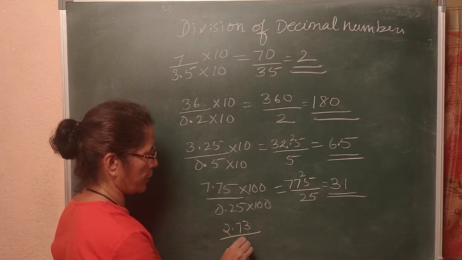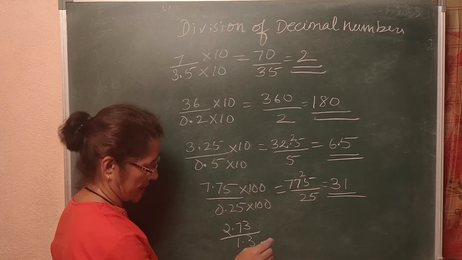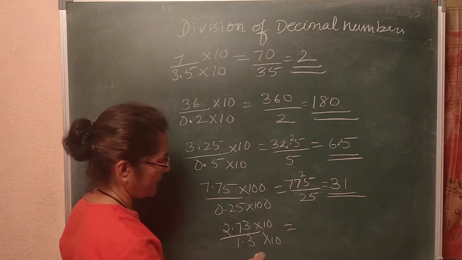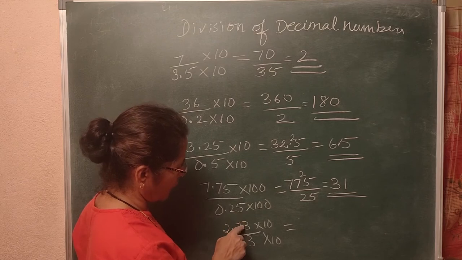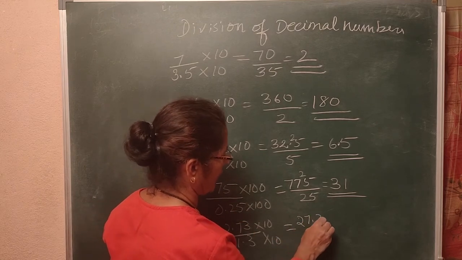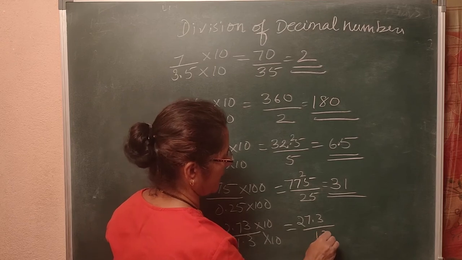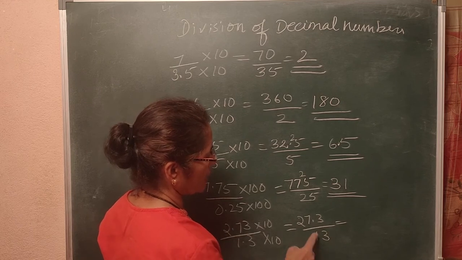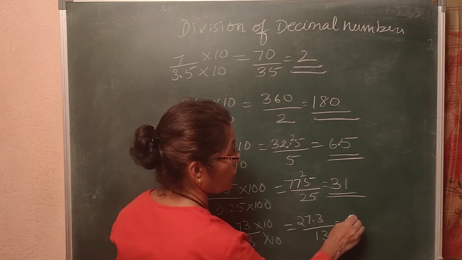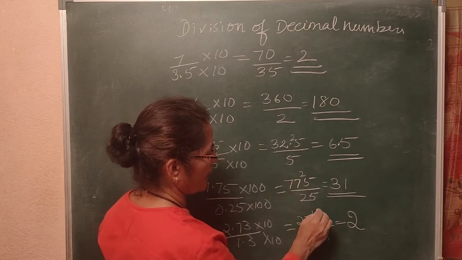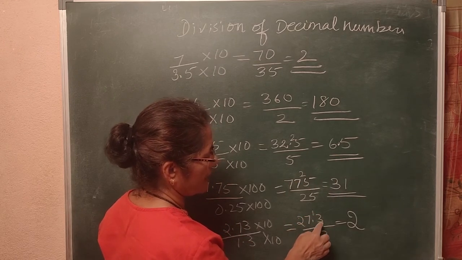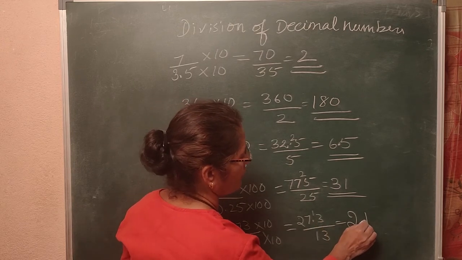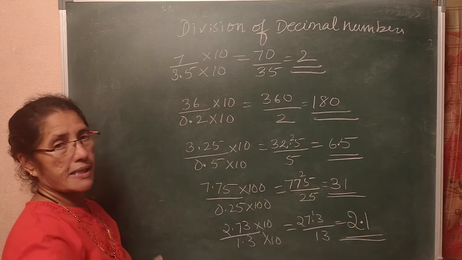2.73 divided by 1.3. After the point only one digit. Right? So multiply by 10. Here also multiply by 10. What do you get? When you multiply by 10, it goes that side. So 27.3 divided by 13. Now you divide as if you are dividing 273 by 13. 13, how many are 27? 13 2s are 26. 1 is the remainder. You take that number. What will be the next number? 13, 13 1s are 13. How to put the point? After the point only one digit. So that is how you have to do.